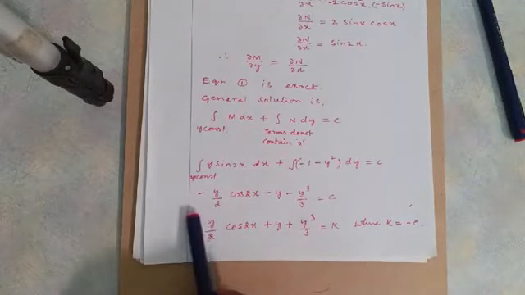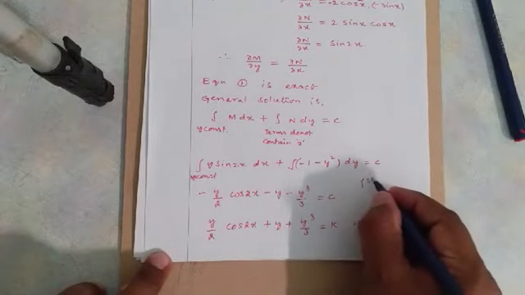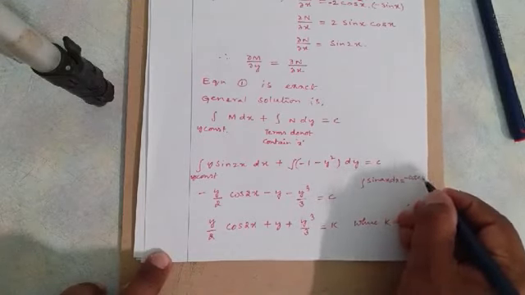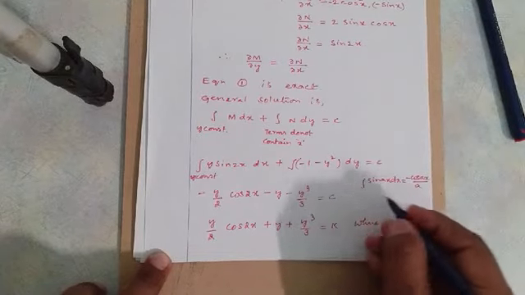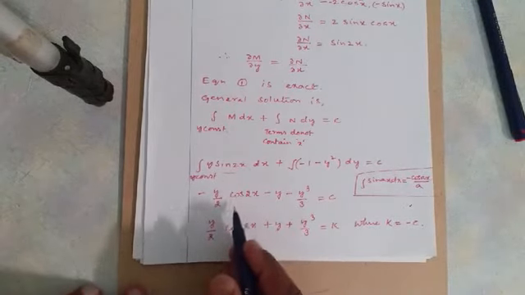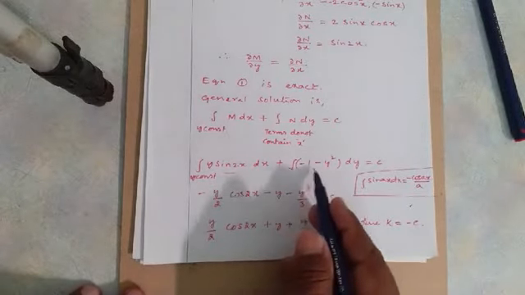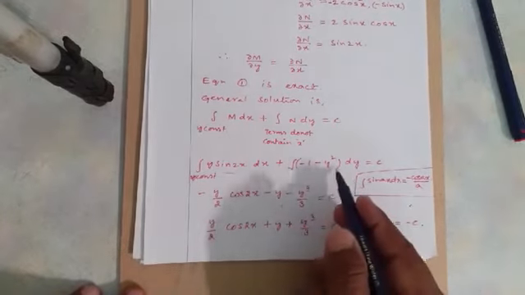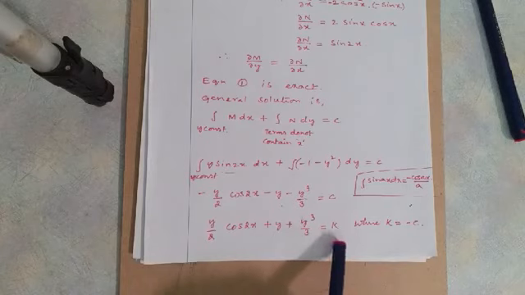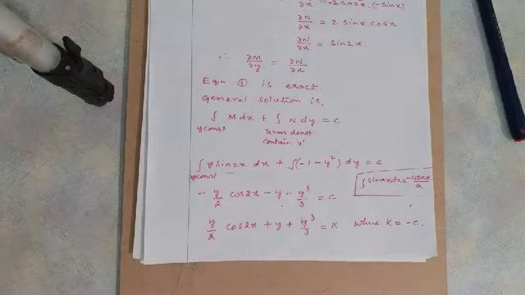Here someone is asking how you got the last two steps. Here, as I have told you, integral of sin ax dx is equal to minus cos ax by a. Okay, so in the place of sin 2x I am writing cos 2x by 2. A is 2 here, minus we have to take here, and then if you integrate integral 1 dy, that is y, integral of y square dy is y cube by 3. In this way we do, and we multiply with minus so that it becomes plus, and here that minus comes to here. If you have any doubt, you just write down now.